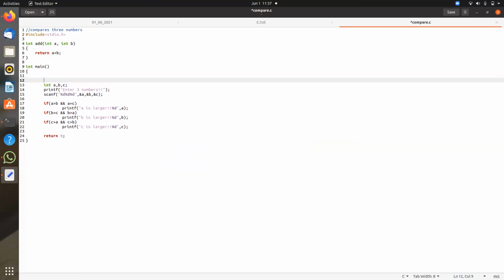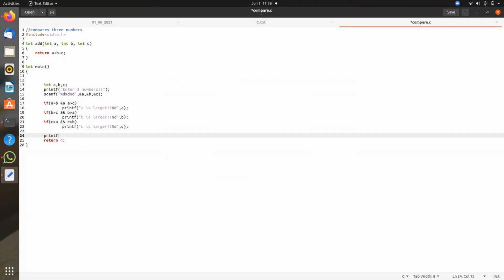I'm doing a function call here also, add a comma b. Let me put some more changes here. Let's introduce one more variable, c. Let this function add three variables, a plus b plus c, and finally I'm printing the sum of all the numbers.